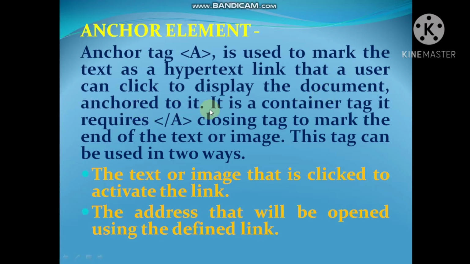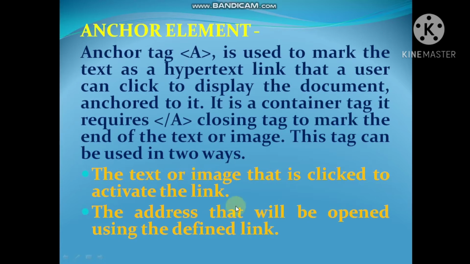That means when the text comes underlined, if you click it, then it goes to another web page or document. It is a container tag. It requires a closing tag. That means if you are using the anchor tag, you should close the anchor tag. The closing tag marks the end of the text or image. You can use an image also as an anchor.